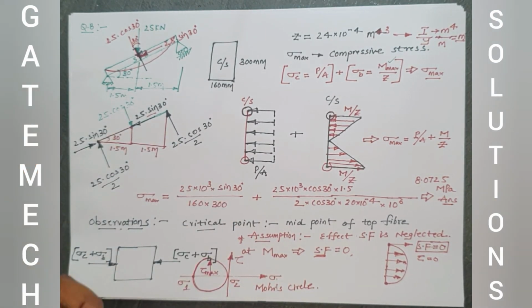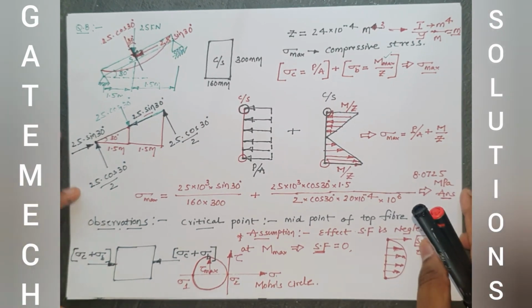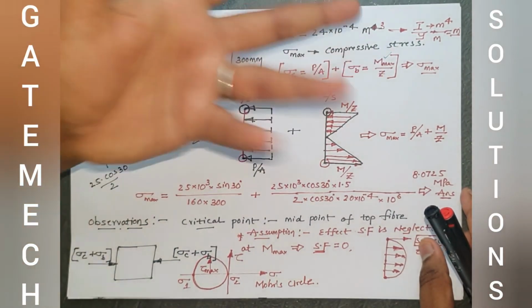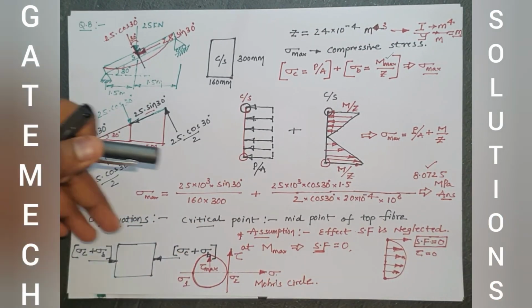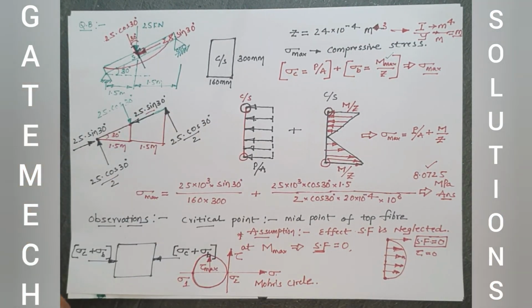So this is the maximum information you need to know to solve this question. For this kind of question, you just need to imagine the free body diagram and directly apply this relation, substitute the given data, and calculate this value. So this is the correct answer for this question. This is the extra information that I have discussed, everything you need to know. Keep it in mind.